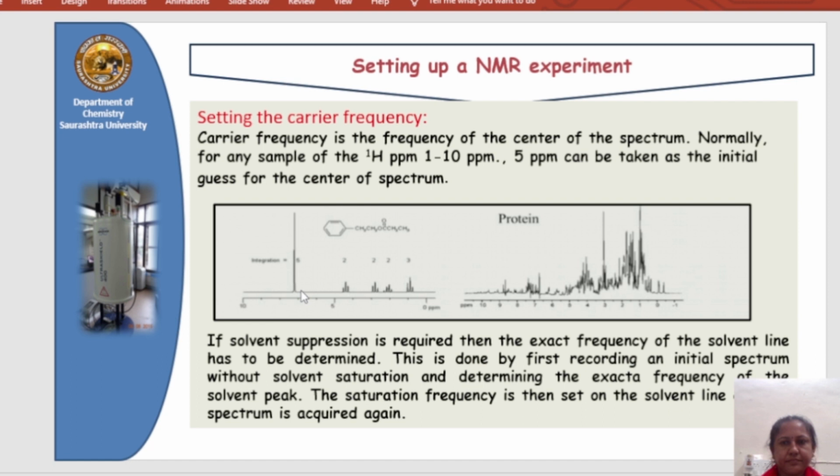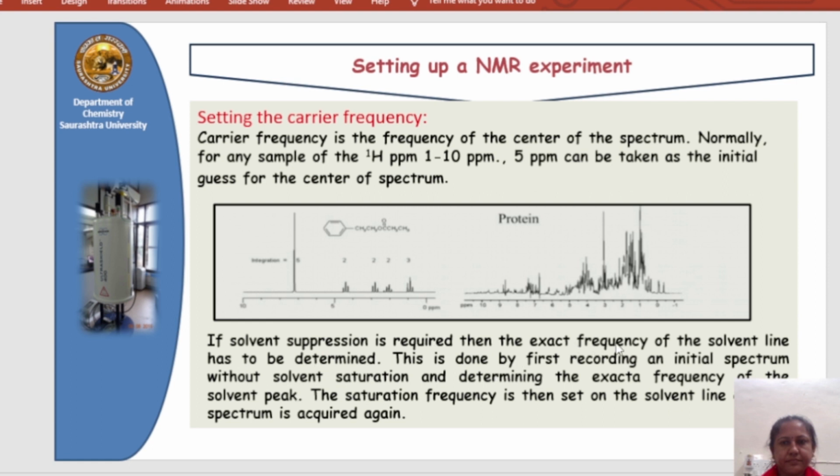After that, if the concentration of the solvent is higher, solvent suppression is necessary. Why is solvent suppression necessary? If the solvent concentration is high, the residual peak is also higher. So it is necessary to suppress that. Otherwise, with correlation to the solvent residue peak, other peaks also get minimized, due to a correlation effect, and we cannot observe those peaks. So to avoid that type of difficulty, solvent suppression is necessary.